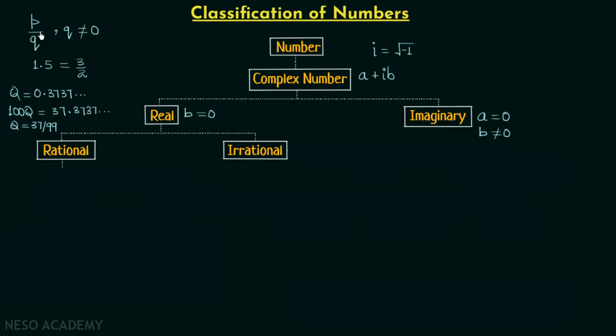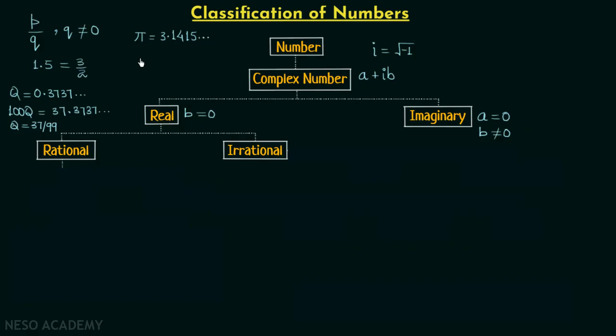Here in this case, we are expressing the number as a ratio of two integers, but in this case, we can't express the real number as the ratio of two integers. For example, pi. We know pi is equal to 3.1415 and so on. In this case, you can see that the decimals are non-terminating and also non-repeating. This means we are not having this form or this form, and that's why we cannot express pi in this